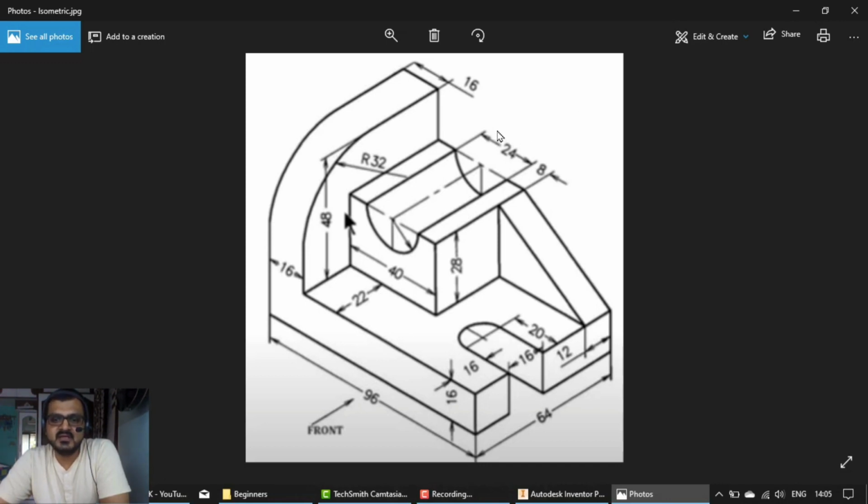Fine, but the easiest method I'm going to follow is this: I'll make this rectangular and semicircle part, and then extrude it to a length of 64 minus 22, that is 42 mm.